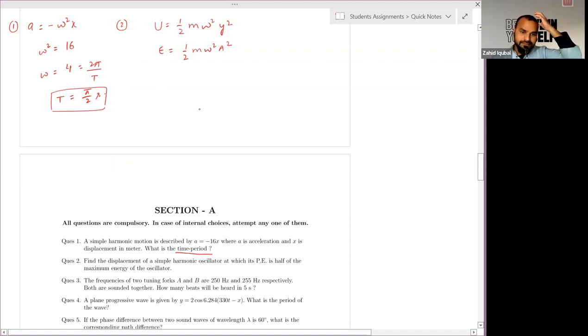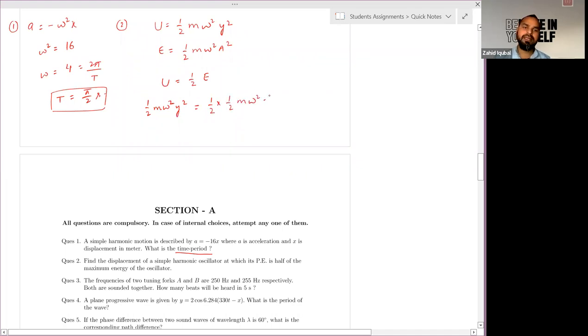According to the question, potential energy is half of maximum energy. So we'll say U = E/2. Just substitute their values. Half m ω² y² is equal to half, and total energy is half m